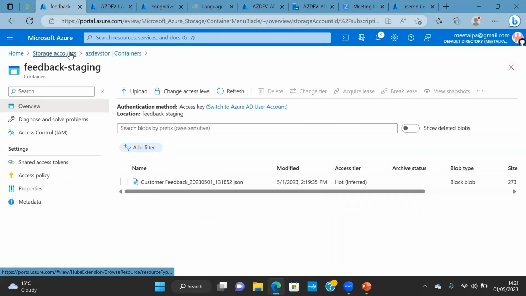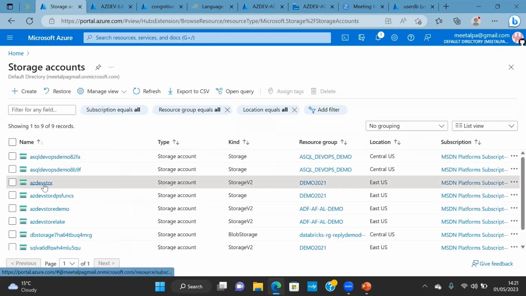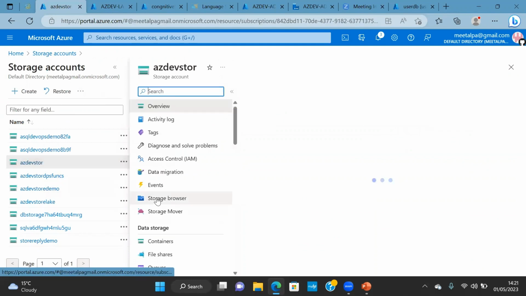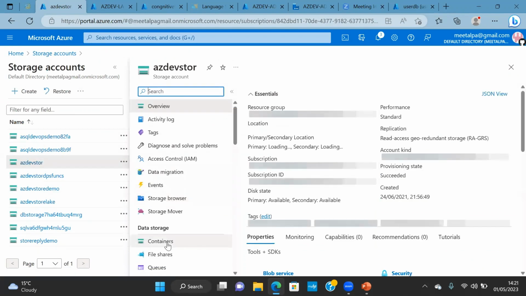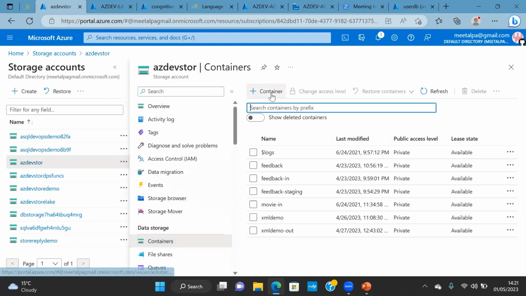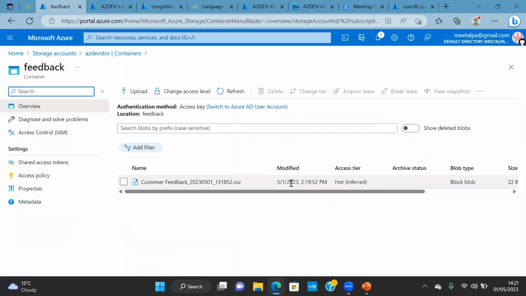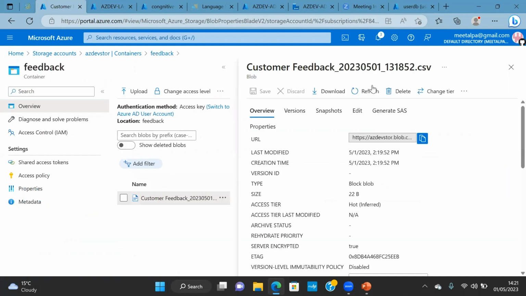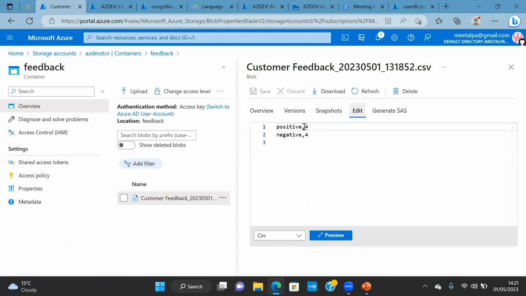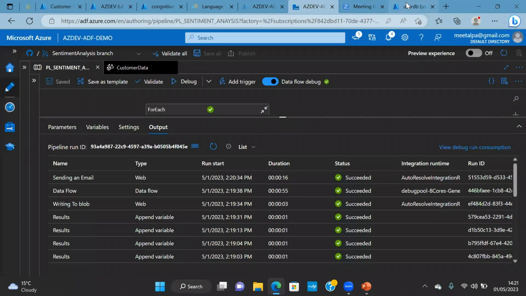And when I go to another container, which is the feedback container, you will see that one file is created there as well. This file has just been created, and you can see that it stores how many feedbacks are positive, how many are negative, and how many are neutral. So here 4 feedbacks are positive and 4 feedbacks are negative. And if I now go to a database, which is this,